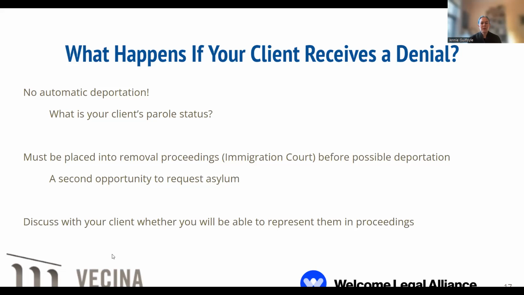But even then, before someone can be deported from the United States, they have to go through removal proceedings in immigration court, and an immigration judge has to order that person removed. So not only is there no automatic deportation if you receive a denial on your asylum, you'd have to be put into removal proceedings, and we don't know to what extent that's going to happen when Afghan parolees fall out of status when their parole expires. Will USCIS and ICE be immediately putting people in removal proceedings or not?